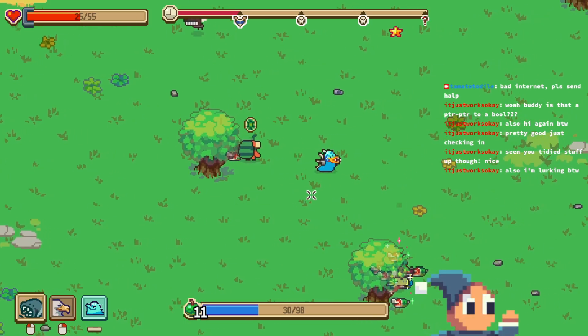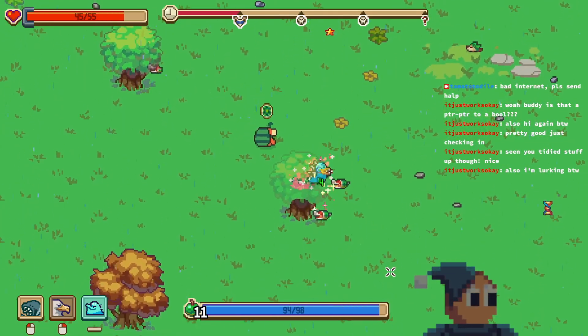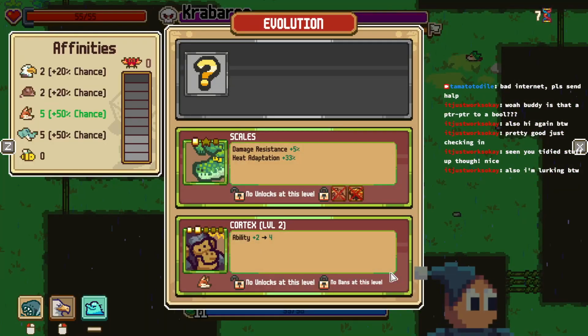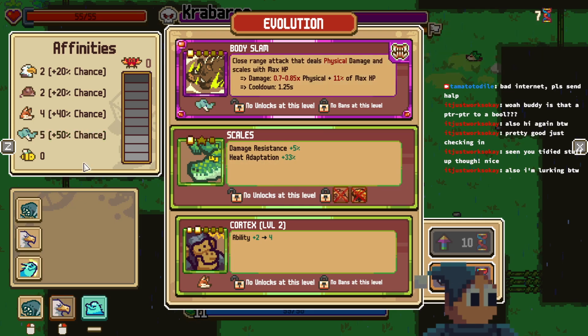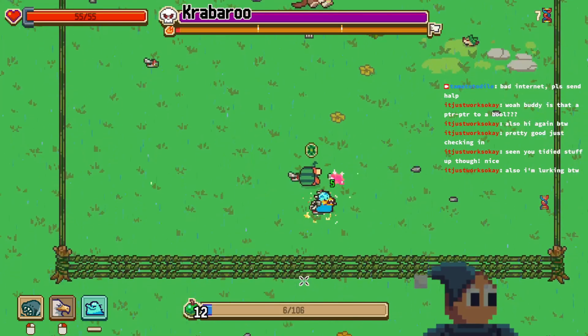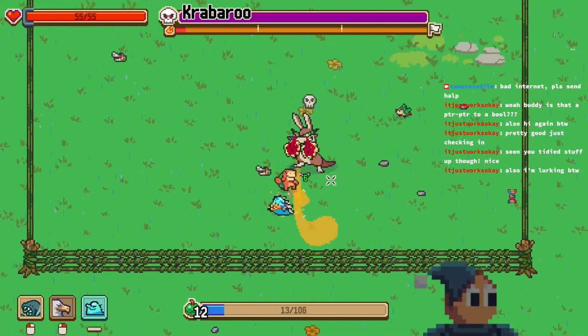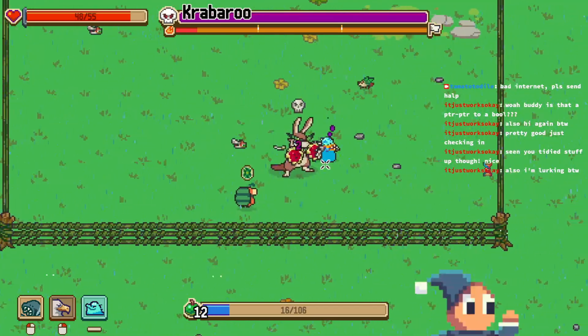Oh boy, boss is coming. Oh, that's a lot of food. Scales, ability, cortex, body slim. Oh man. I'm already in the ability build, so I'm just gonna... Oh, okay. Ouch. Come on, man.